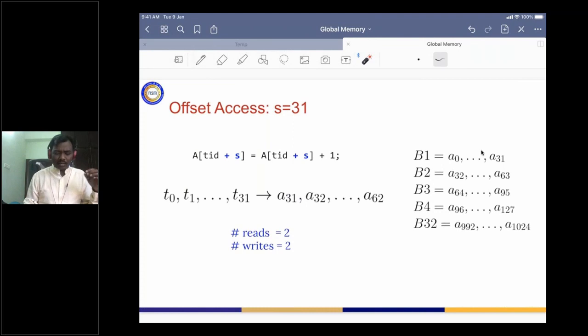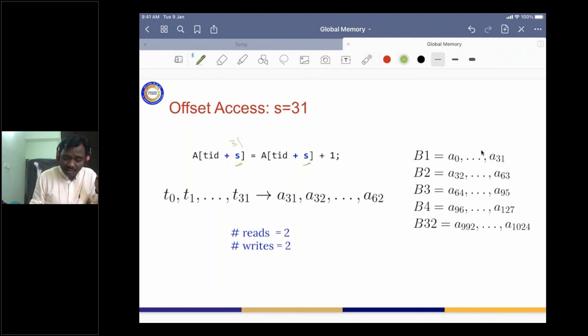Now let us understand what happens when we read with these threads. T0 to T31 are going to read A31 to A62. Why is this? The value of s is 31.